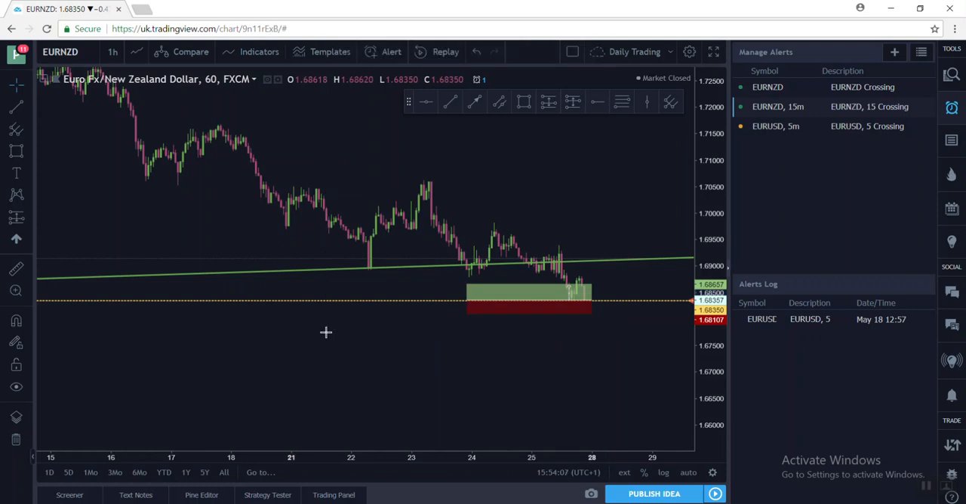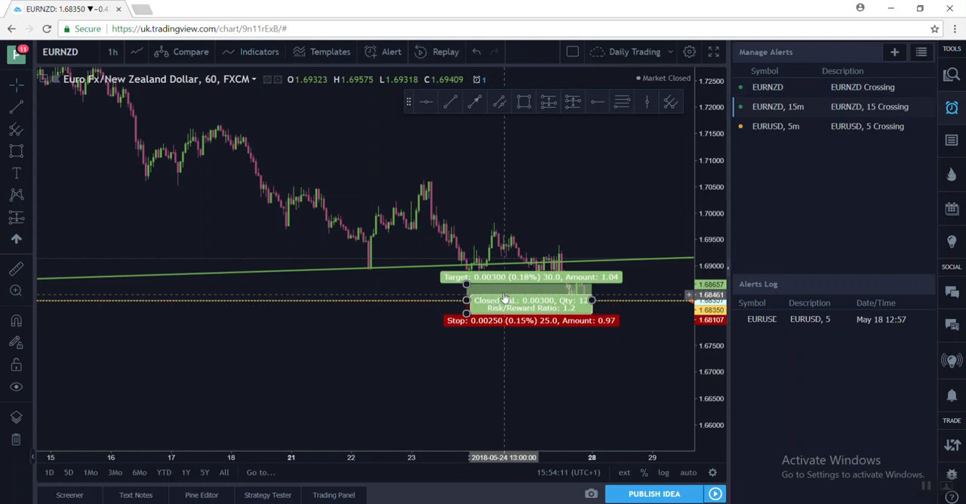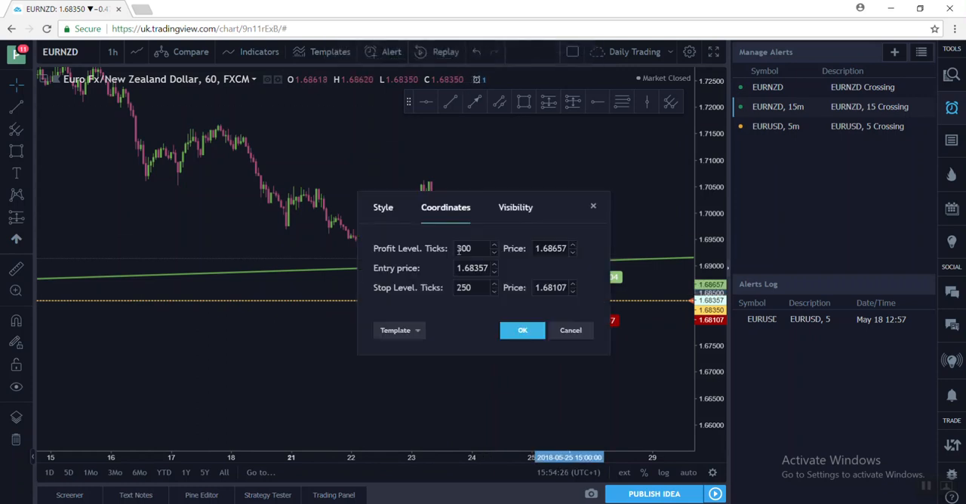You can either put it on and then type in the coordinates of your entry price, how many pips you want to aim for, what your stop loss is going to be, and then copy these details here into your MetaTrader 4,